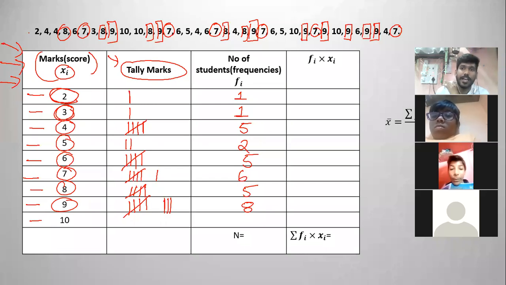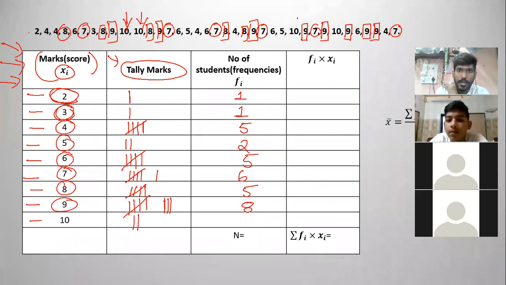And now last is the value 10. There are 4 tens. 1, this one 2, this one 3, and last here 4. So 4 lines. So this is 4. Is this clear? Total 37. Yes, sir. This is okay.